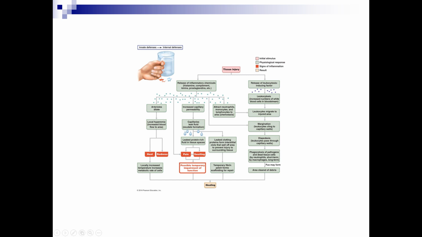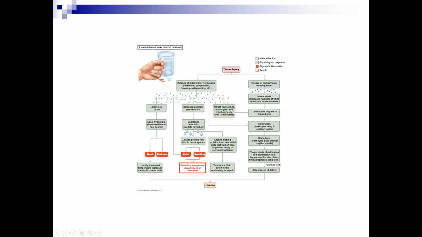So what does histamine do? Well, it causes vasodilation, and it causes increased vascular permeability. These are the two things that histamine does. Now, why would we want to do that? We'll get to that in a minute. Also, these chemicals can act as chemotactic factors and bring the leukocytes, the white blood cells, to the injured area. But these are the two things that I want to focus on right now, the vasodilation and increased vascular